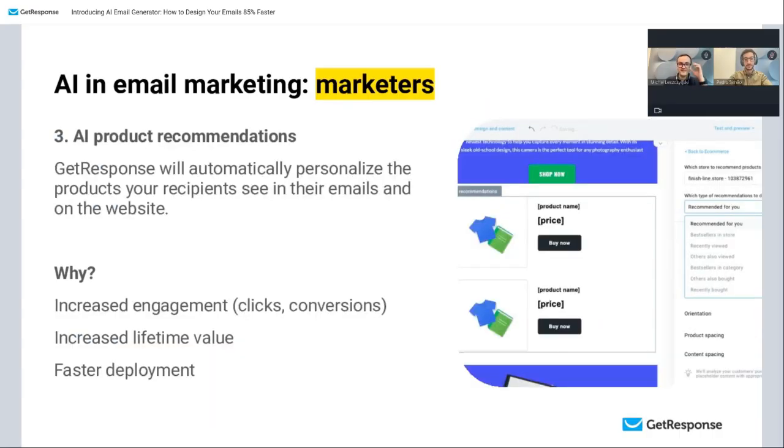So the third element is the AI product recommendations. This is mostly for the e-commerce businesses. We launched it last year, I think mid 2022. And for e-commerce businesses, this can help you increase the engagement rate of your campaigns, but it can help you personalize your campaigns, make your communication more targeted,